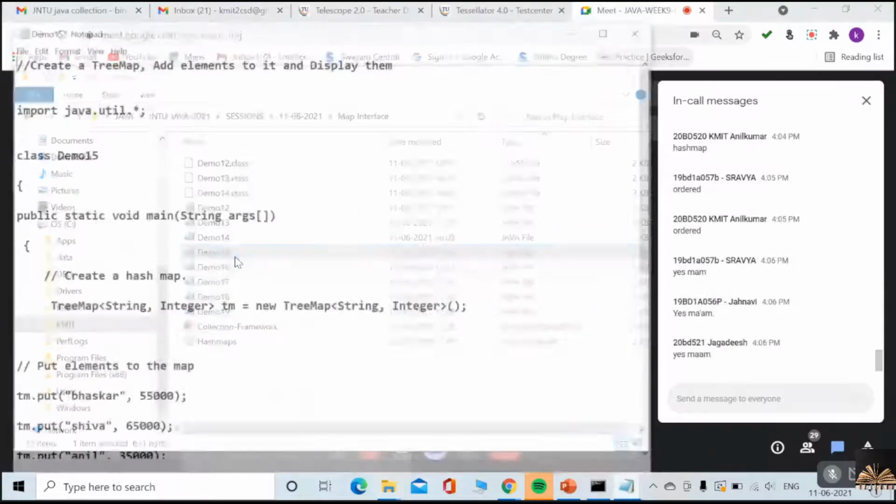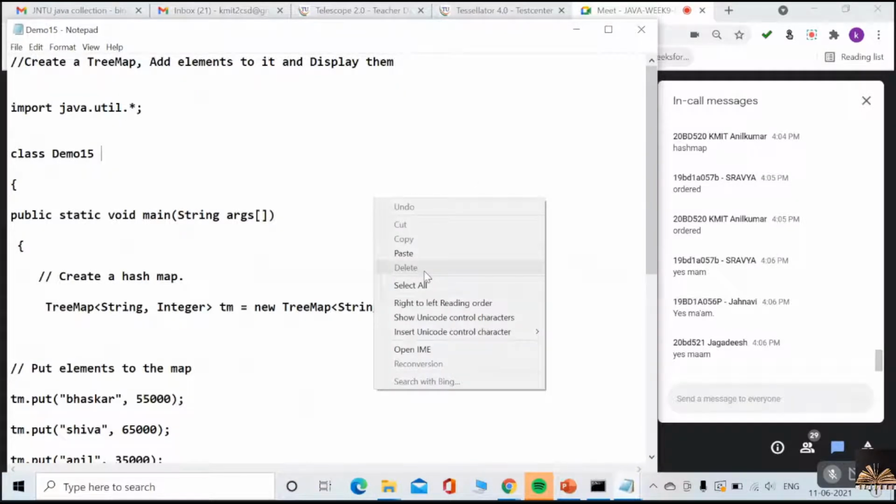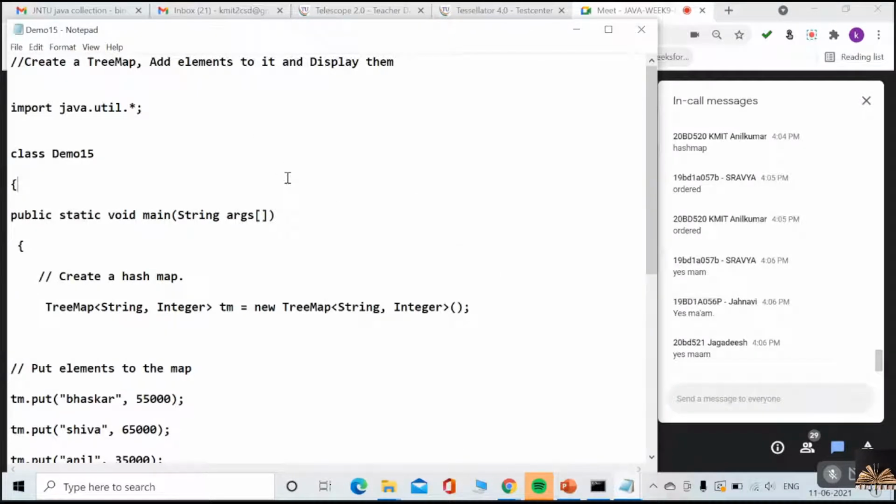Next one is TreeMap. Next one, what map are we using? Create a TreeMap, add elements to it and display them.